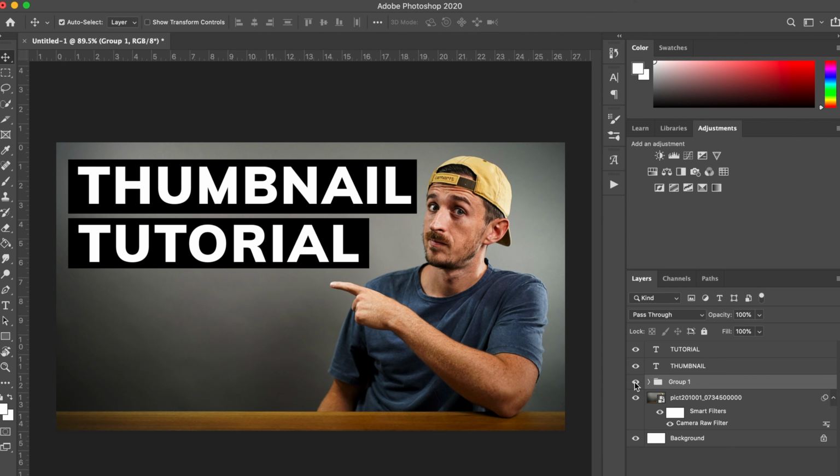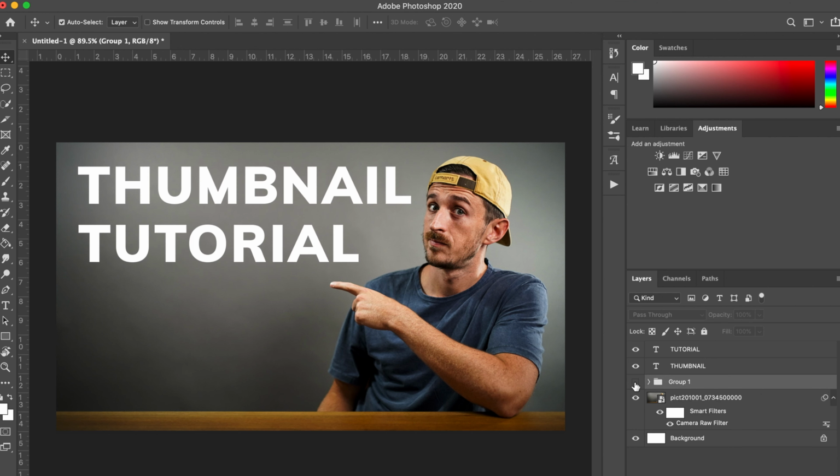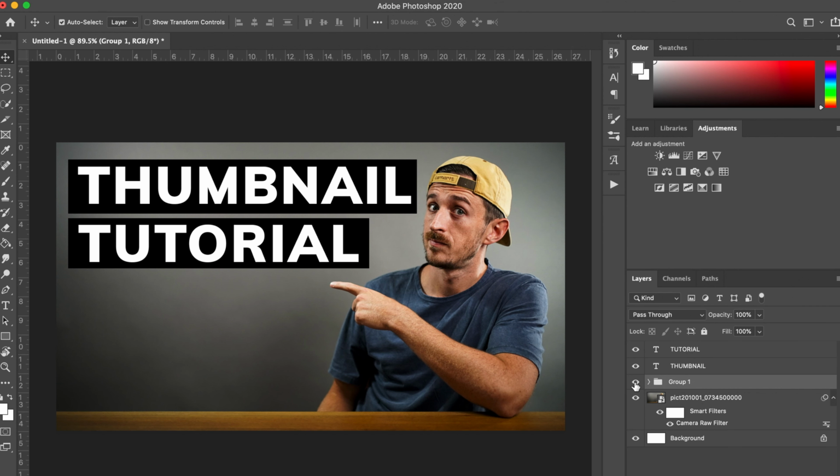So you can see the difference that these little blocks make. I'm gonna take them away real quick. Looks good. Nothing wrong with this thumbnail at all, but adding in the black bars just makes it pop so much. Okay, so we're looking pretty good right now, but I want to take it to another level,